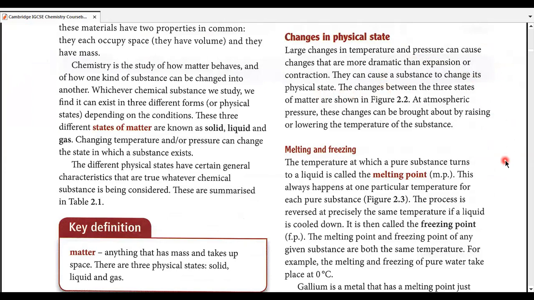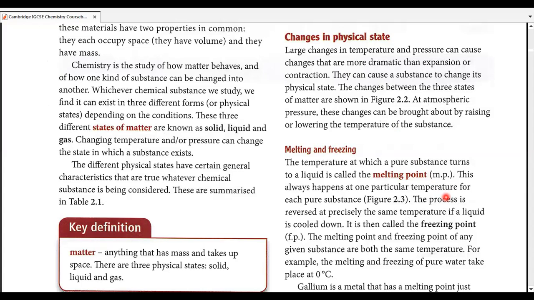The changes in three states can be easily shown. You're already familiar with it. You have studied in previous classes that a solid can be converted into a liquid, or a liquid can be converted into a gas simply by heating them, or we can do the vice versa. I mean, we can convert the gas into a liquid or the liquid into a solid by cooling them. Which are known by different names as different processes such as melting, freezing, boiling. There are many names to it.